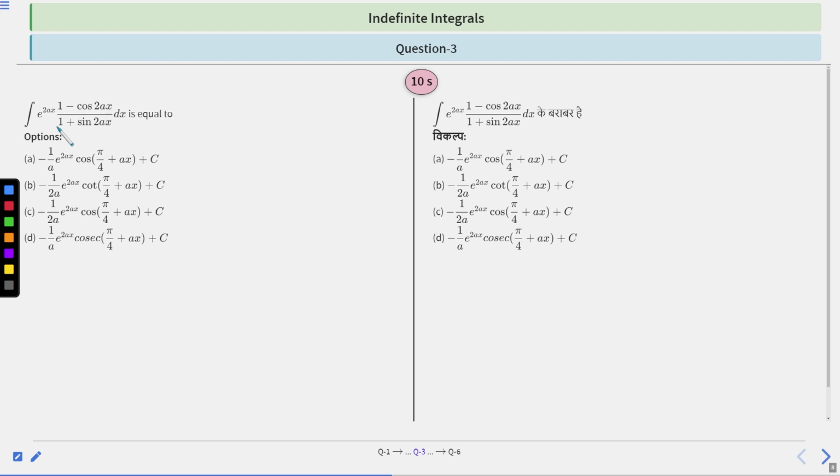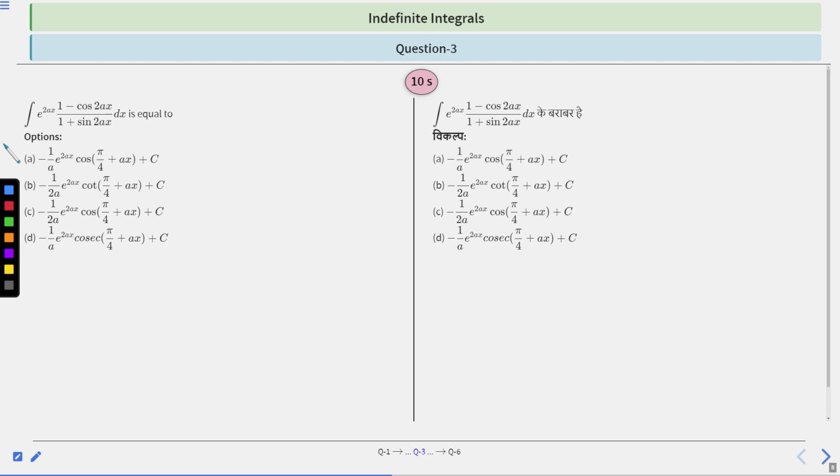But the question can be solved by many methods, so it will depend upon which method will take less time, and we will go by that method. And if you have any particular method in your mind, then you can continue by that method,